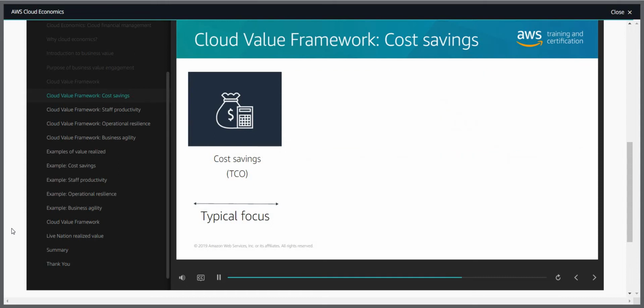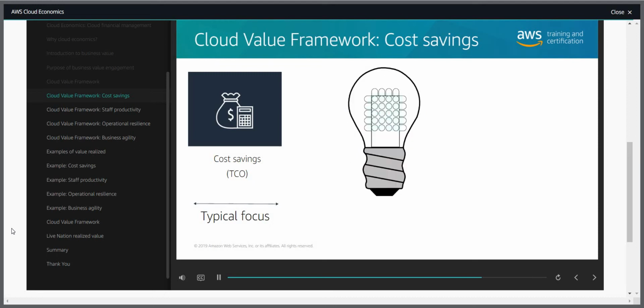Think of it this way. Cost savings, by itself, is the equivalent of changing an inefficient lamp to a highly efficient LED lamp. By making this change, your customer will still get light and save a bit of money. But that change alone won't have a large